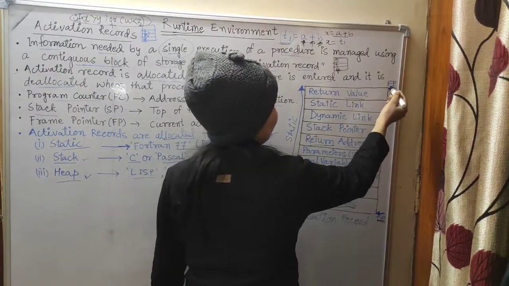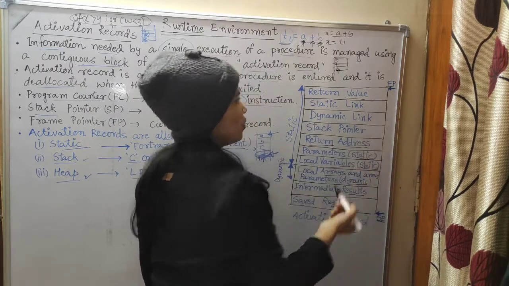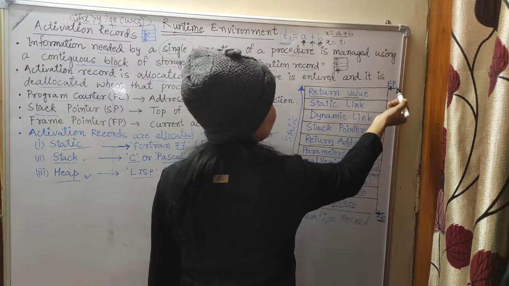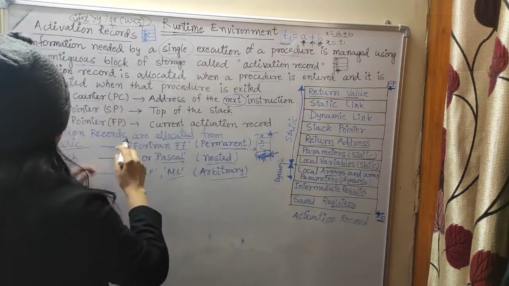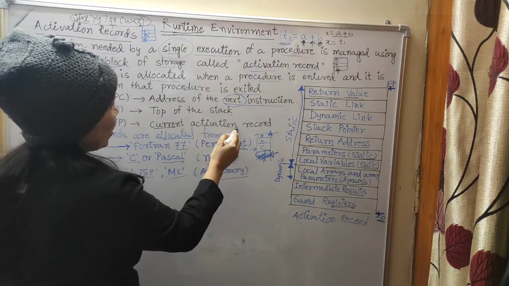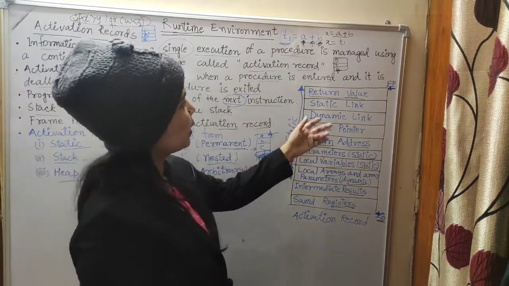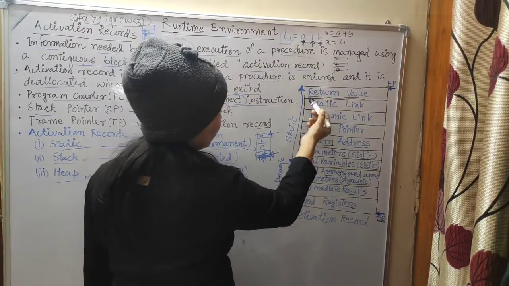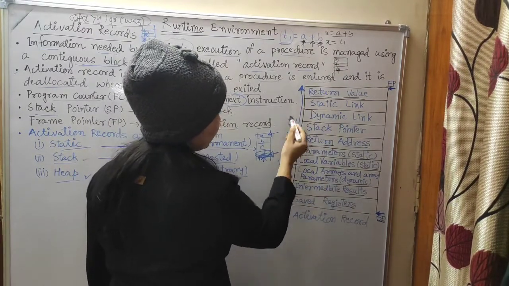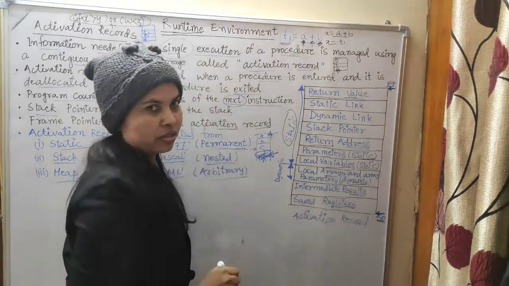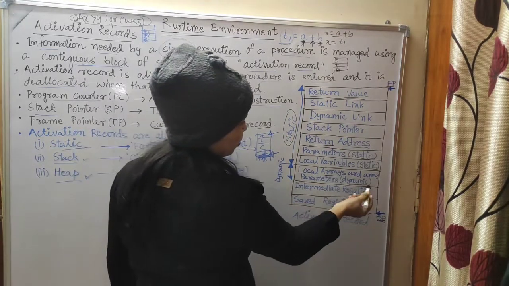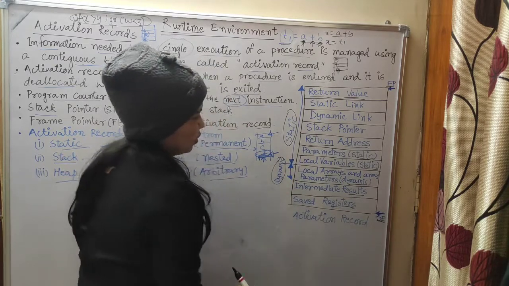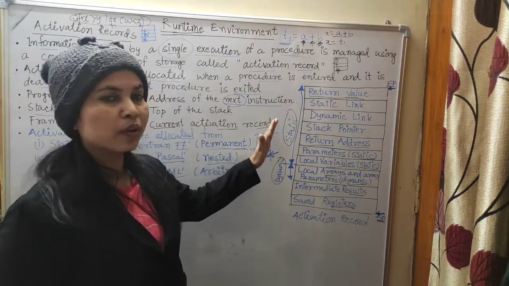Okay, so the frame pointer is always at the current pointer. Where is our current pointer? At the returned value. So that is the frame pointer. What is the frame pointer? The current activation record. And what is the current activation record? That is the returned value. These parts, from return value to local variable, are called the static part, and the dynamic part you can see from here. So this is how activation records work.